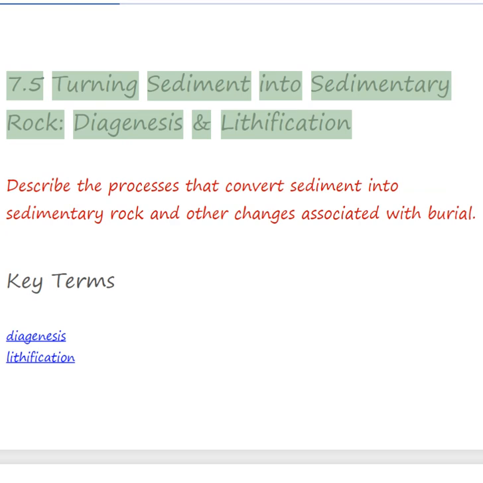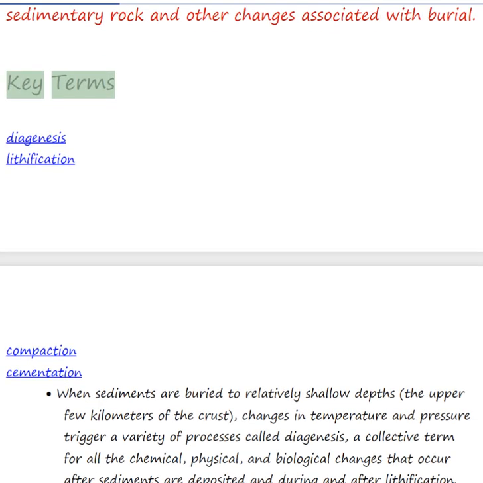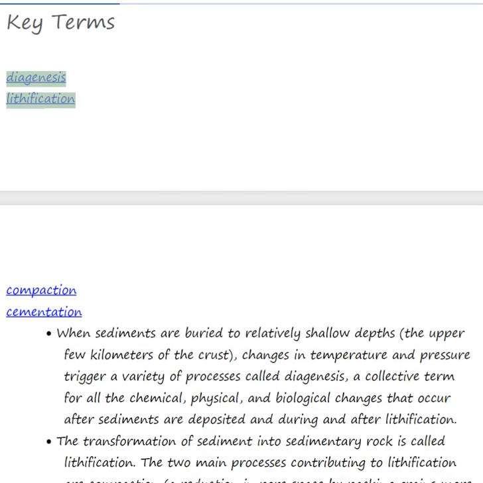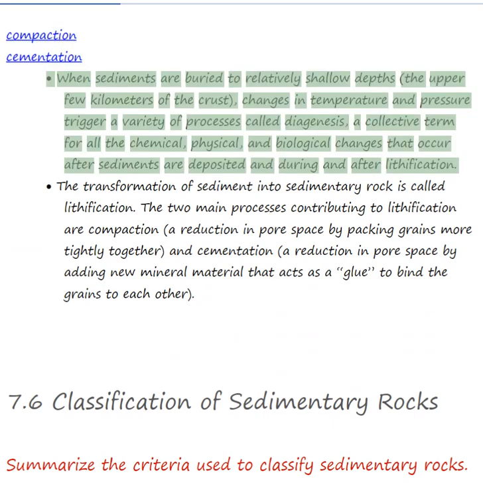7.5 Turning sediment into sedimentary rock, diagenesis and lithification. Describe the processes that convert sediment into sedimentary rock and other changes associated with burial. Key terms: diagenesis, lithification, compaction, cementation. When sediments are buried to relatively shallow depths, changes in temperature and pressure trigger a variety